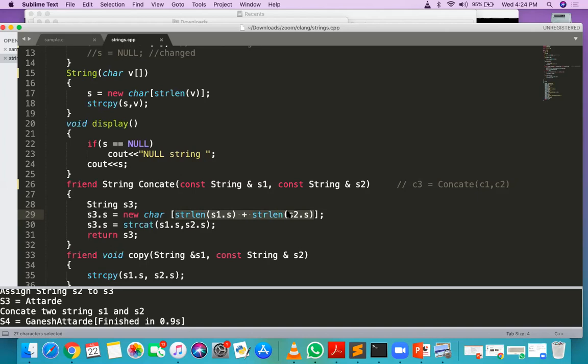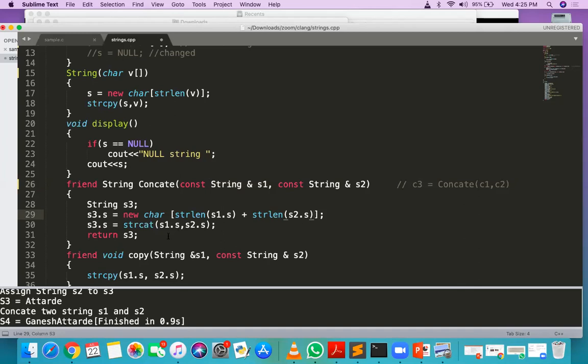+1. If you want to add it explicitly, suppose only hello is there and hi is there. If you concatenate, it will be hello hi only, without space. If you add it explicitly, then you have to add that space manually. So then you have to add +1 here, because the new length will be 5 plus 2 plus 1.